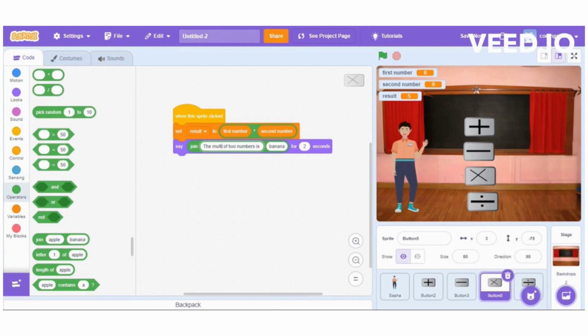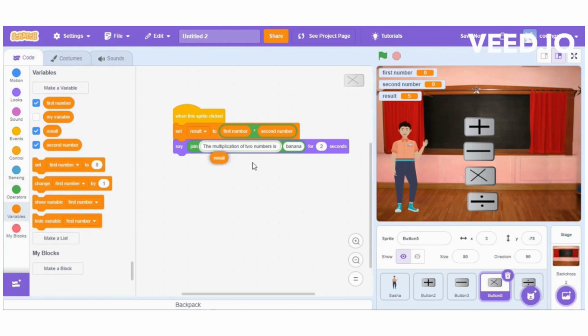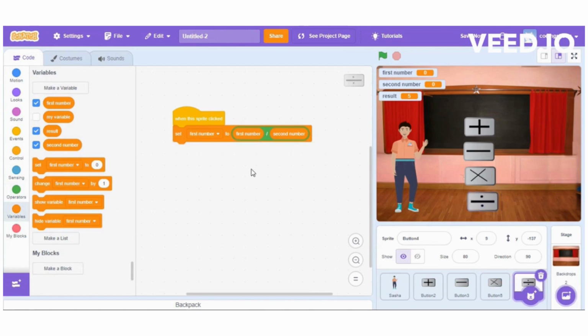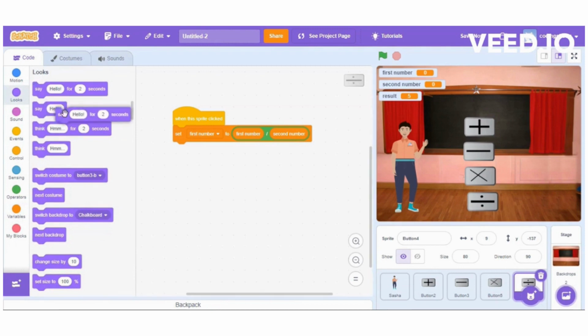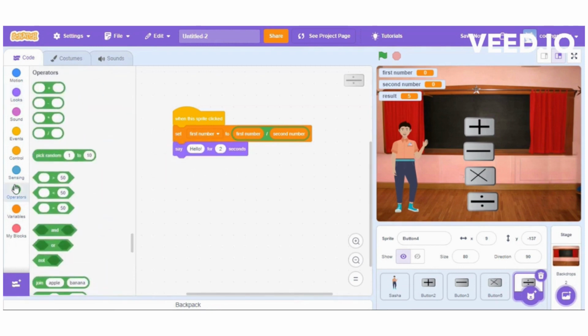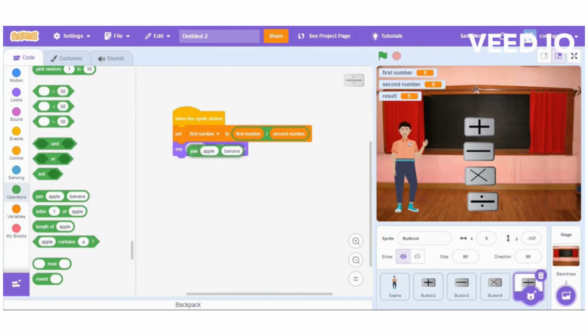The multiplication of two numbers is the result. The division of two numbers